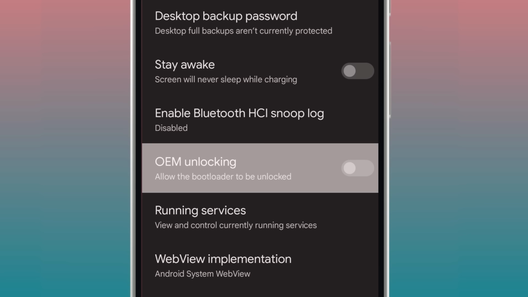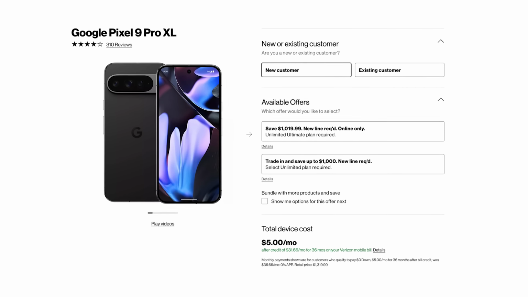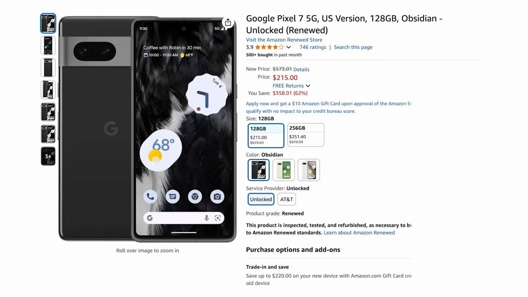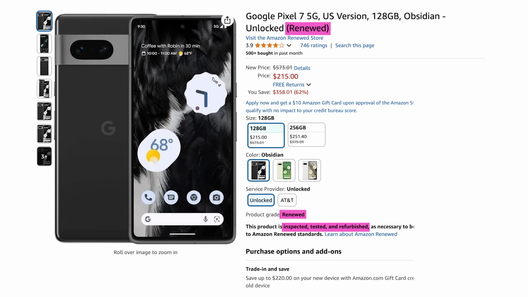Variant devices usually have the OEM unlock option permanently disabled, which means that you won't be able to install GrapheneOS on your phone. So you have to be really careful what kind of device you purchase. I strongly recommend you don't buy your Pixel in conjunction with a carrier plan. You also have to be careful of refurbished devices, because you may not know whether it's actually a variant device